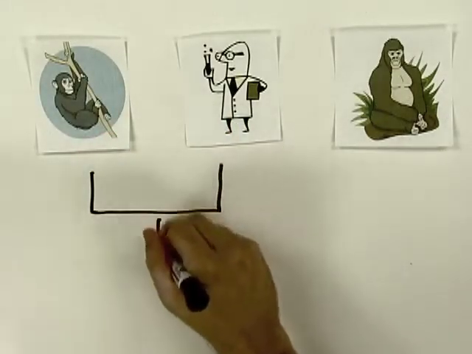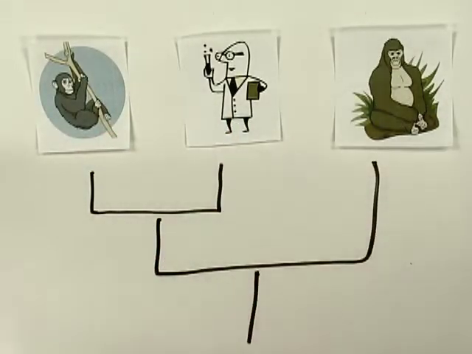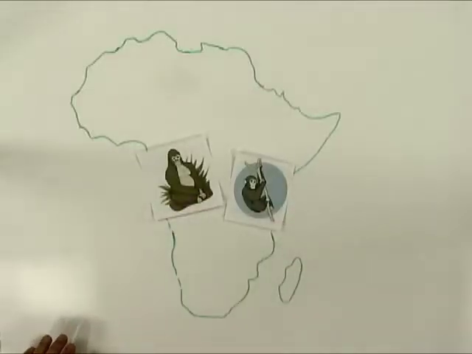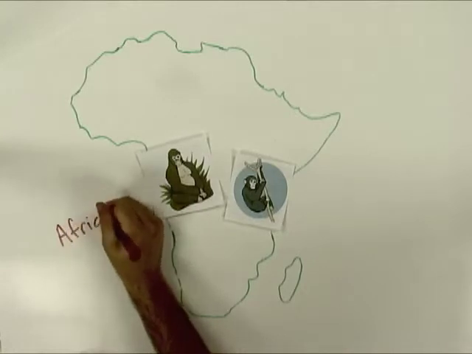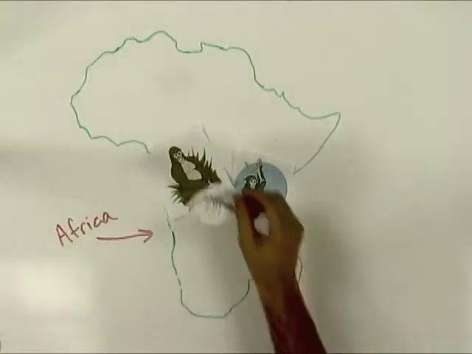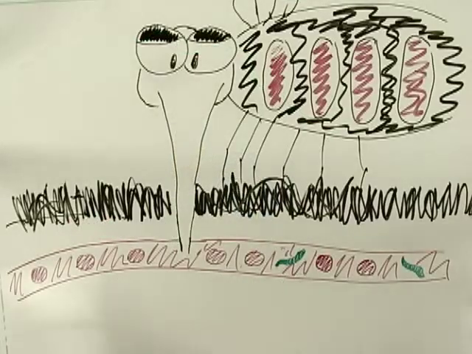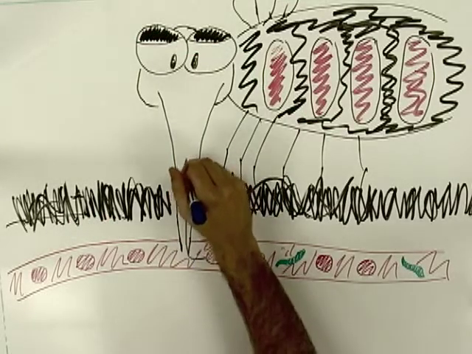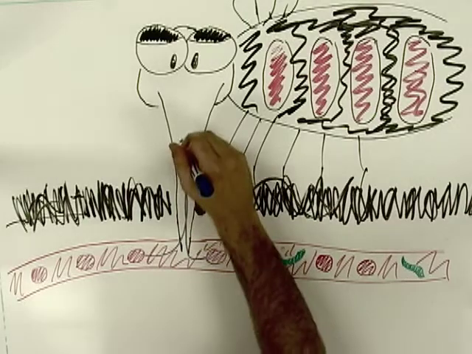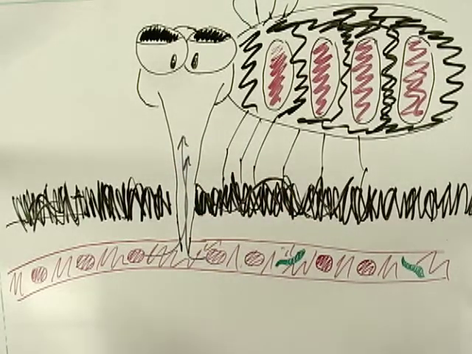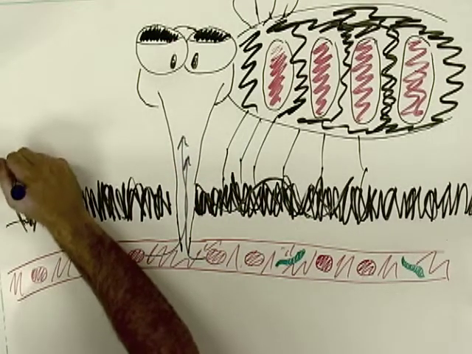Apes, like gorillas and chimpanzees, are our closest living relatives. They live in forests throughout Central Africa. These forests have mosquitoes, too. Female mosquitoes need to take a blood meal in order to lay their eggs. Sometimes when a mosquito takes a meal from an ape, it gets more than just blood.